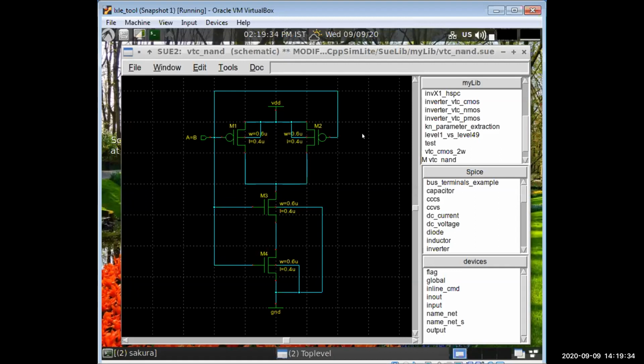So, as Prachita showed you about the static analysis of this NOR gate, I am going to show you the same for the NAND gate. You can see, as Prachita asked you, in NAND how the PMOS and NMOS are connected. PMOS are connected in parallel and NMOS are connected in series. Now we are going to see the performance for 3 cases.